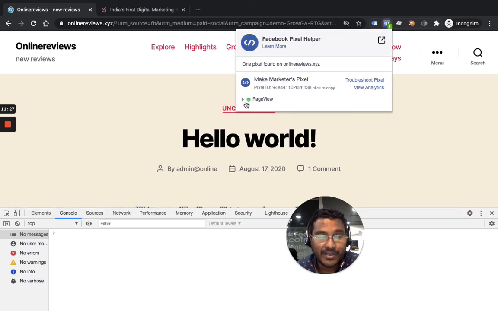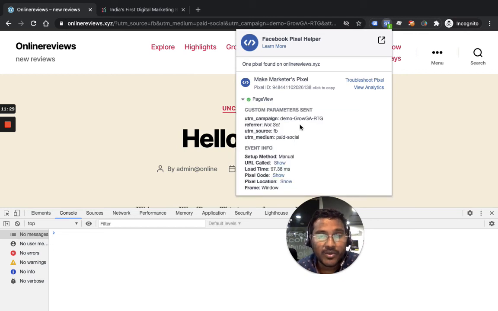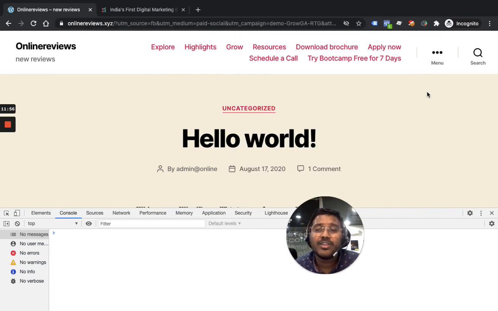You see page view is sent. Along with page view, all the other information is sent. You see FB, it is taking from here. Getting me right? UTM campaign. All the other information is not sent because they don't have the information of term and content, right? So whenever people land with a URL which has query parameters, then Facebook will take it. If they're not there, then simply the Facebook normal page view will fire. But on the other pages, the normal page view will fire.